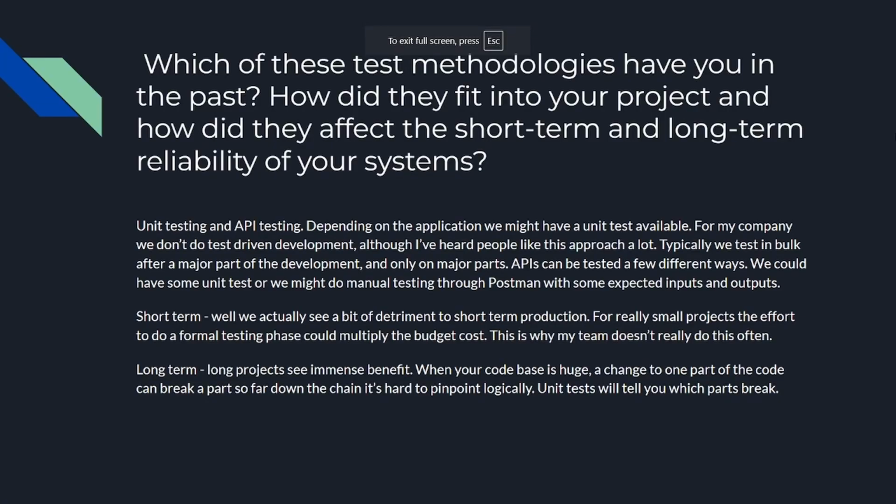Hey, so for the first slide, I'm going to talk about which of these test methodologies you have used in the past and how they fit into your project and affect short-term and long-term reliability. So testing isn't super common at my workplace, but we do use unit testing on occasion for large